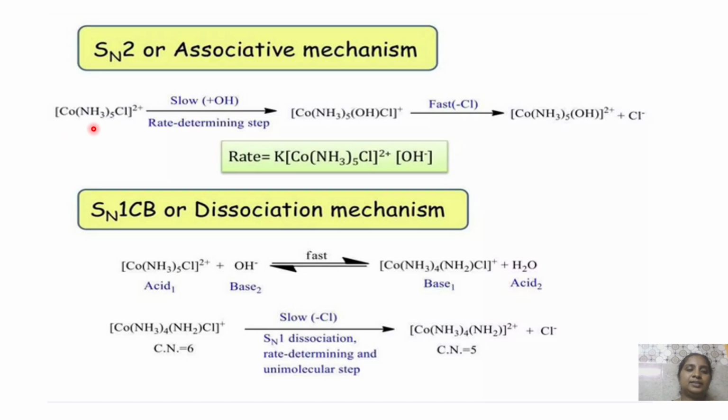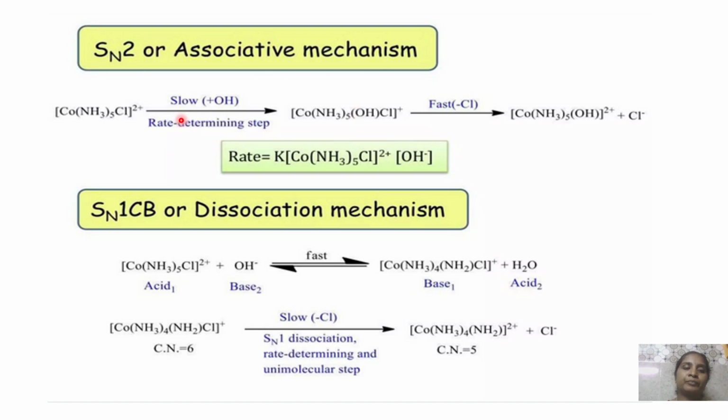In the first case, this is the complex, and as we are adding hydroxide, it is base hydrolysis. The first step is the slow step, which is the rate determining step, according to kinetics. Here, there is addition of a hydroxide ion. Later, one of the ligands, chlorine, leaves, resulting in the formation of the base hydrolysis complex. In the first step there is association of the hydroxide ion, so